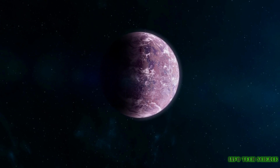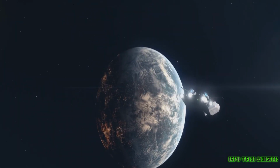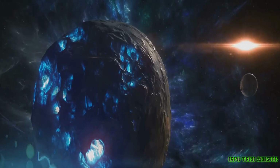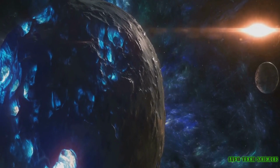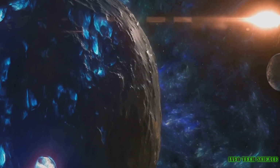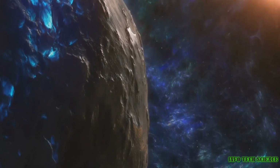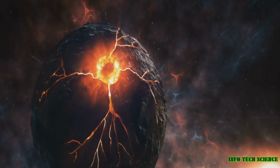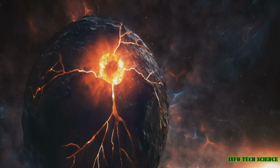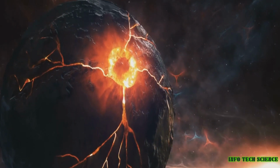Trappist-1e is also believed to have a magnetosphere, but these findings show it might not be sufficient to prevent atmospheric stripping. Normally, a planet's magnetic field acts as a protective bubble, but around Trappist-1e, this bubble is compromised. The planet's magnetic field connects with the star's, creating pathways that allow the star's particles to hit the planet directly. This not only strips away the atmosphere but also heats it significantly,